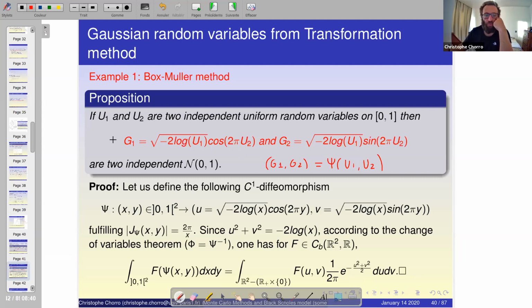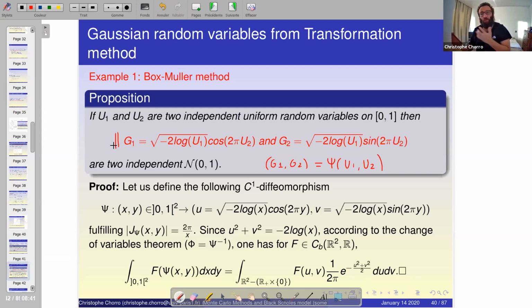So here we have two nice formulas in order to obtain very easily two independent N(0,1) from two independent uniforms on the interval (0,1), just applying basic mappings that you know. So I have this. Just a little remark, even if I don't want to spend too much time, if I compare this methodology to the previous one,